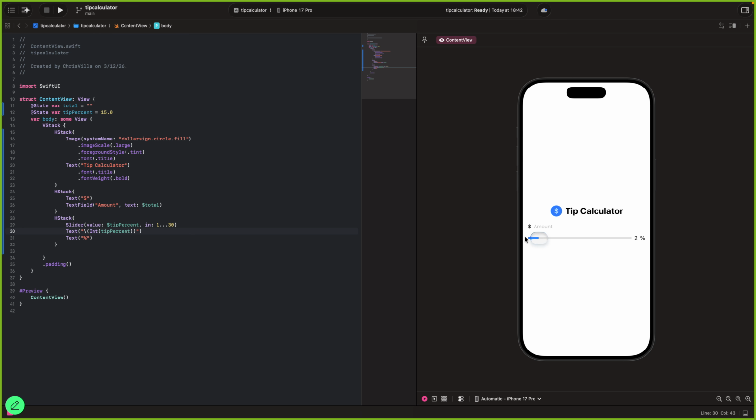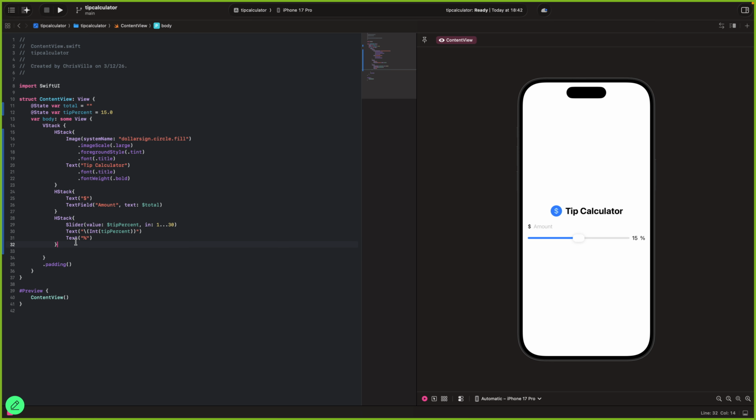And it's just gonna show 1, 2, 3, 4, 5, 6, 7, 8, 9, 10, all the way till 30. You can change it from 30 to, let's say, 50, because we're feeling generous and we want to add a 50% tip. And it's gonna go all the way up to 50. Let's leave it at 30. I think it's easier this way for the user to adjust the percentage, right?